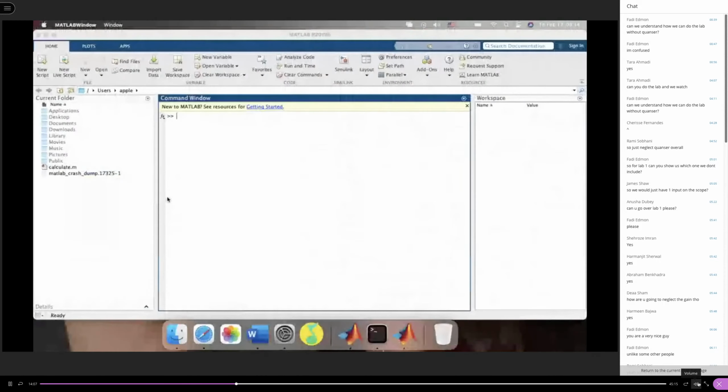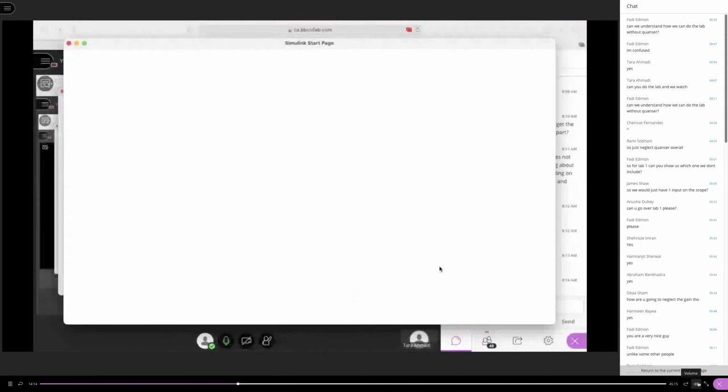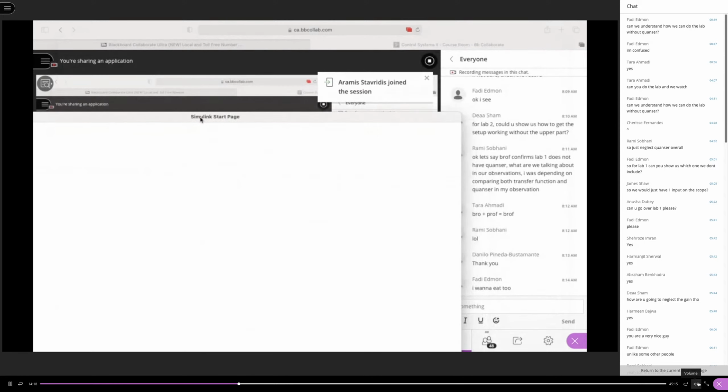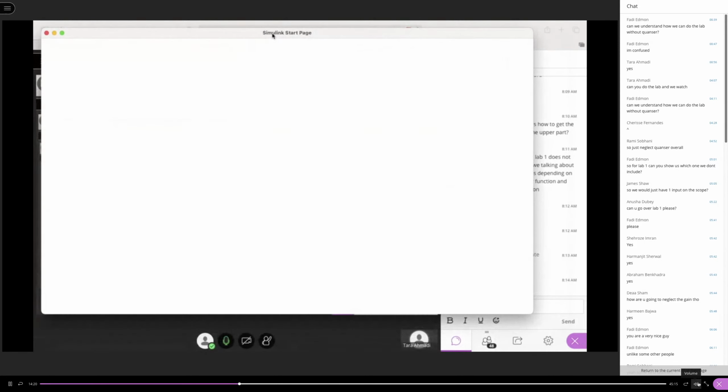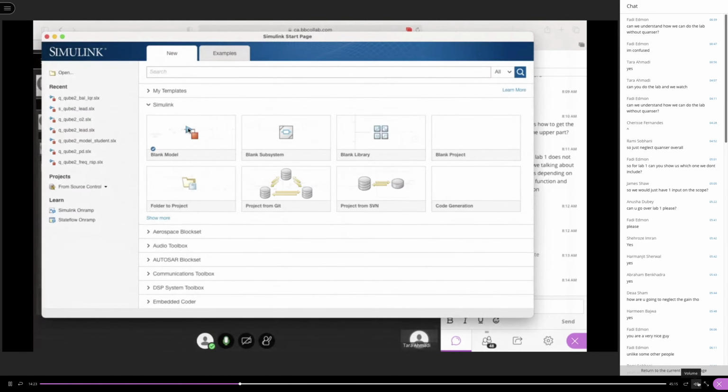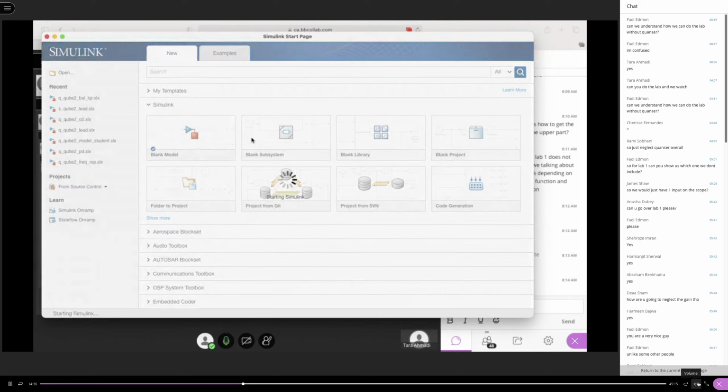I'm sorry guys for my slow computer, it might take a while. So for lab 2, if you want to do that without the Quanser virtual lab, you just have to open Simulink, this window here, and click the blank model. And all you have to do is that